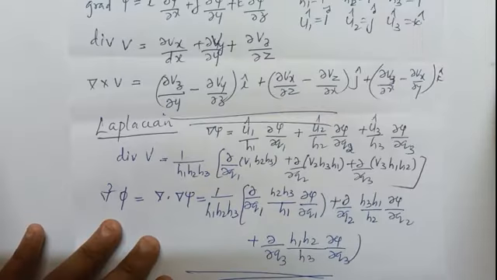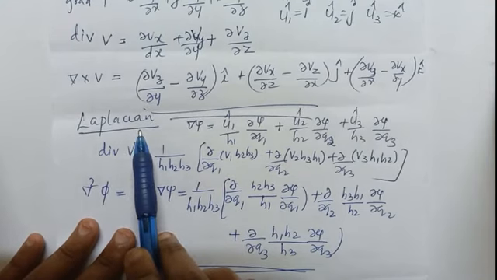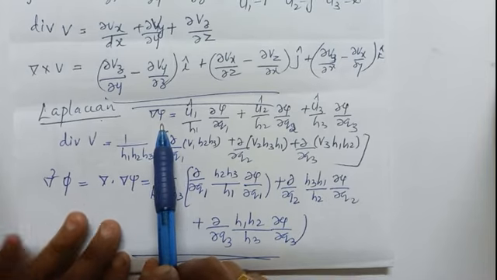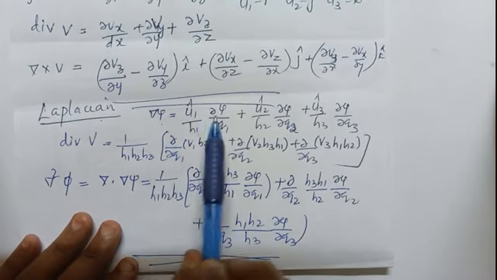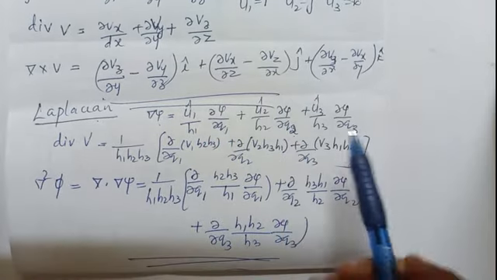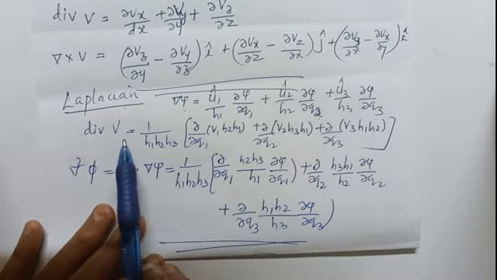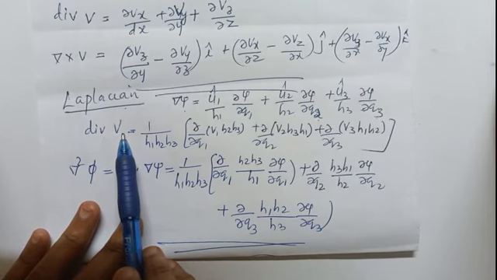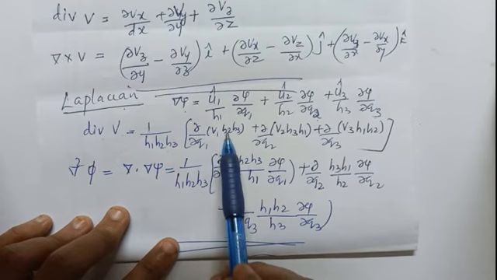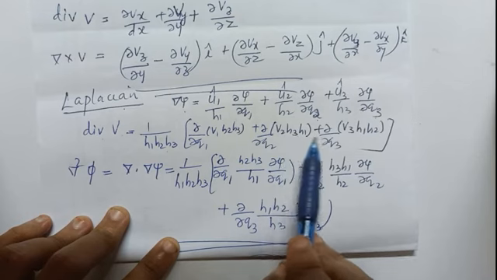So next is our Laplacian. See, Laplacian is del square psi, we know. We have already studied del psi many times. Del psi, that is grad psi, is equal to the sum of u1 by h1 dou psi by dou q1, u2 by h2 dou psi by dou q2, and u3 by h3 dou psi by dou q3. Now, we have already derived the expression for the divergence del dot v, that is 1 by h1 h2 h3 dou by dou q1 of v1 h2 h3. See, only the first term you need to study, the rest you can write in the cyclic manner.